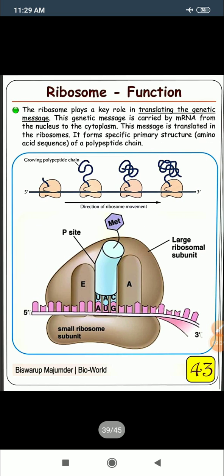Now we have the functions of ribosomes. The ribosomes play a very important role in translating the genetic message. This genetic message is carried by the mRNA from the nucleus to the cytoplasm. So this